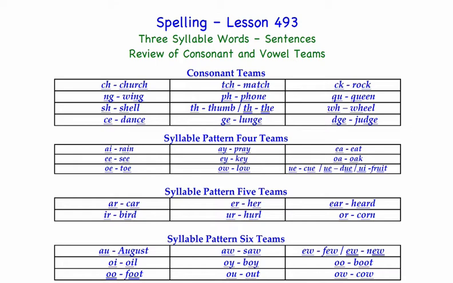This is lesson 493. This is a spelling dictation lesson. I'm going to dictate words within sentences, and any one of the elements that we have learned thus far in the program may be present in any one of the words which I dictate. This chart here contains the consonant teams and the syllable pattern 4, 5, and 6 teams we've learned thus far in the program. If it is helpful for you, you can return to this screen at any time to review